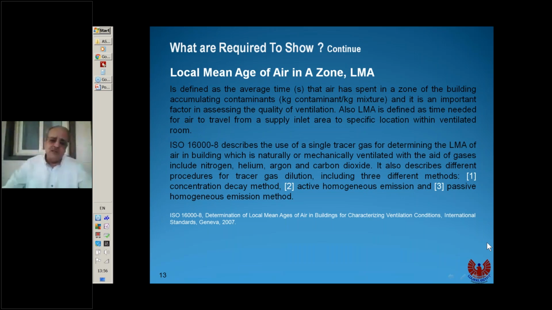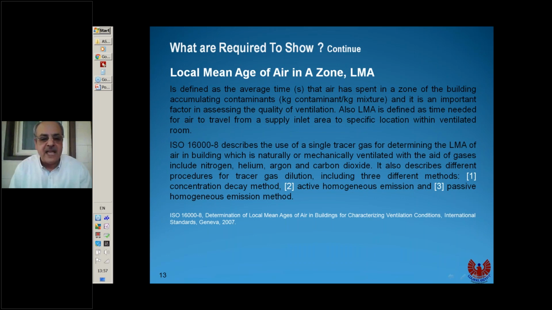Now, the local mean age, what does it mean? It means how much time, how many minutes, how many seconds. This means that our case is time dependent all the time. Time is a factor. If I want to scavenge viruses from the surfaces, I have to consider the time. If I want to calculate the local air diffusion performance index, I have to check the time, and the change of the draft temperature with the time.